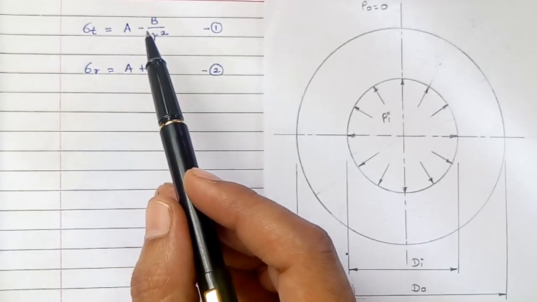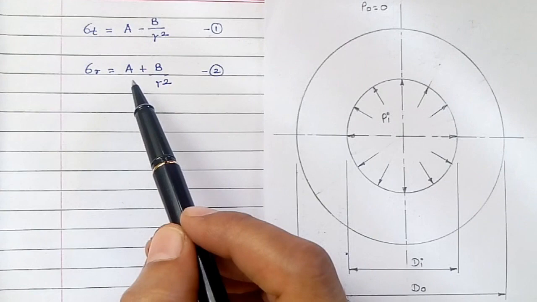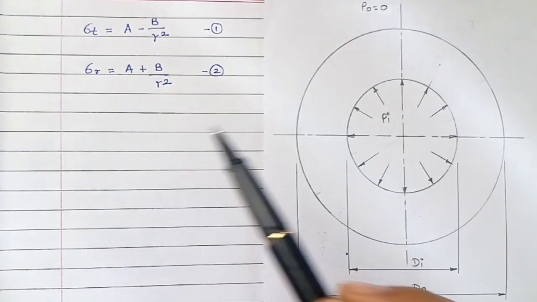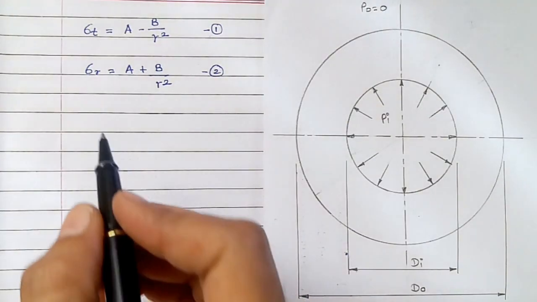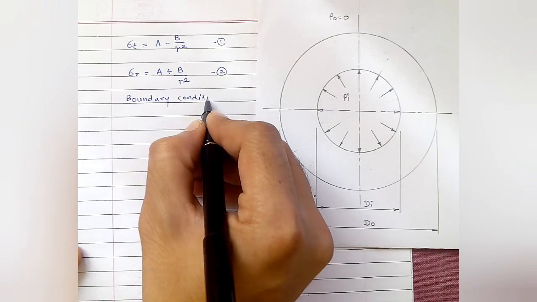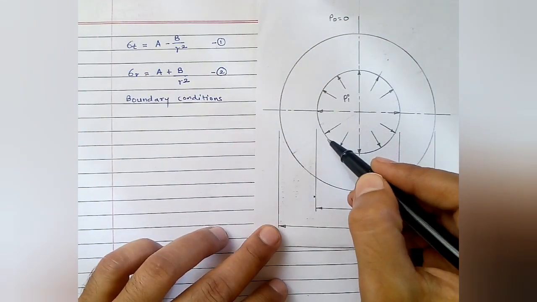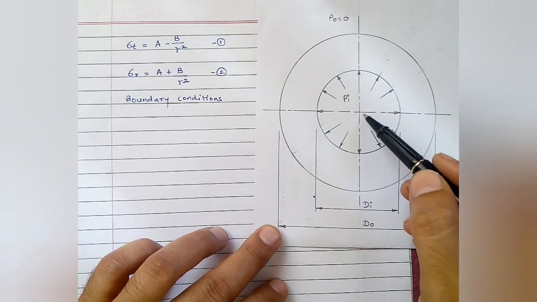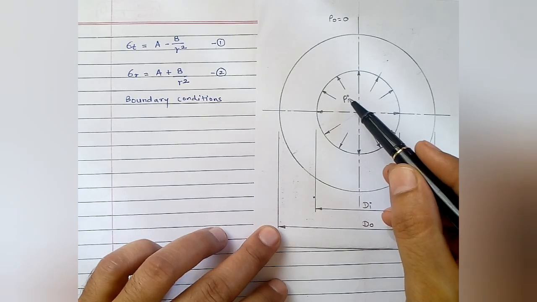in terms of constants A and B are: sigma T is equal to A minus B upon R square, and sigma R is equal to A plus B upon R square. So in order to find the values of these two constants, we should make use of the boundary conditions. So what are the boundary conditions? Boundary conditions for this case are: at a distance Di by 2 from the center, the pressure intensity is Pi, hence